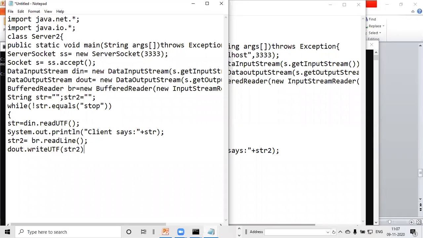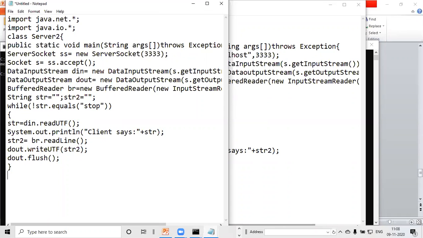ठीक है, जो भी स्ट्रिंग पास होगी it can write that particular. ठीक है, ये क्लाइंट से जो भी मैसेज आया उसको रीड किया, ठीक है, it can define that particular message, बफर रीडर से उठाएगा, किस में डालेगा, str2 पे, और फाइनली इसको राइट कर देगा, ठीक है, on its screen. तो again it can flush out, dout.flush, ठीक है. तो फ्लश क्या करता है, इमीडिएटली आपके मैसेज को वहां पर डेस्टिनेशन जो स्क्रीन है वहां पर डिस्प्ले करा देगा,